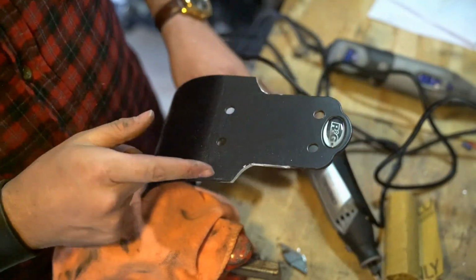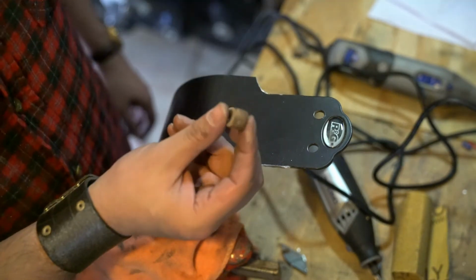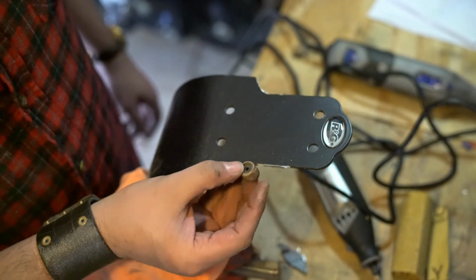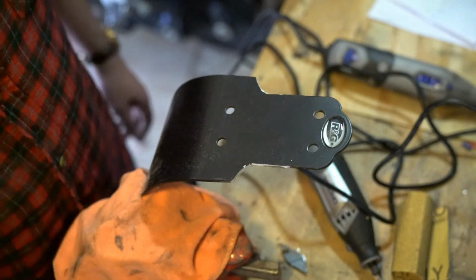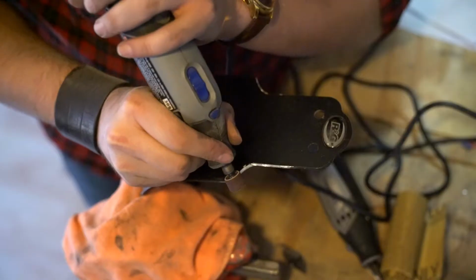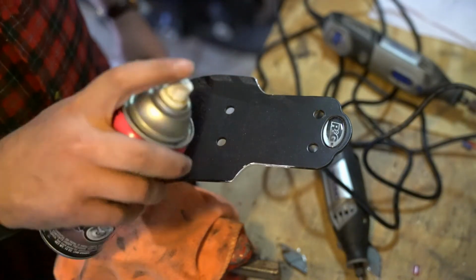Now another tool that will come in handy again with the Dremel for this are just the little drum sanders that you can attach. They look a bit like this, and you can get different grits, 60, 120, 240, etc. And this is just the perfect shape to get in here and really smooth this metal out quickly. So I'm going to put this sander tip on and finish up this work. Alright, I think I'm pretty happy with the way it looks right now, so I'm going to take this outside